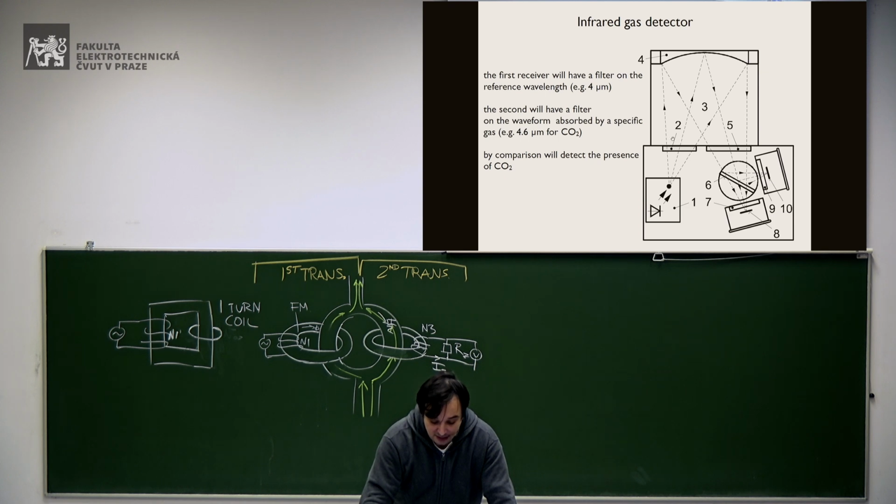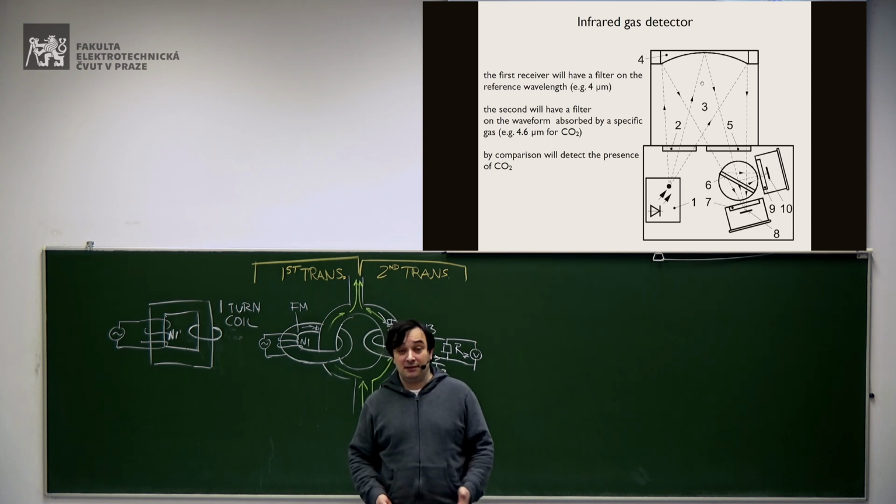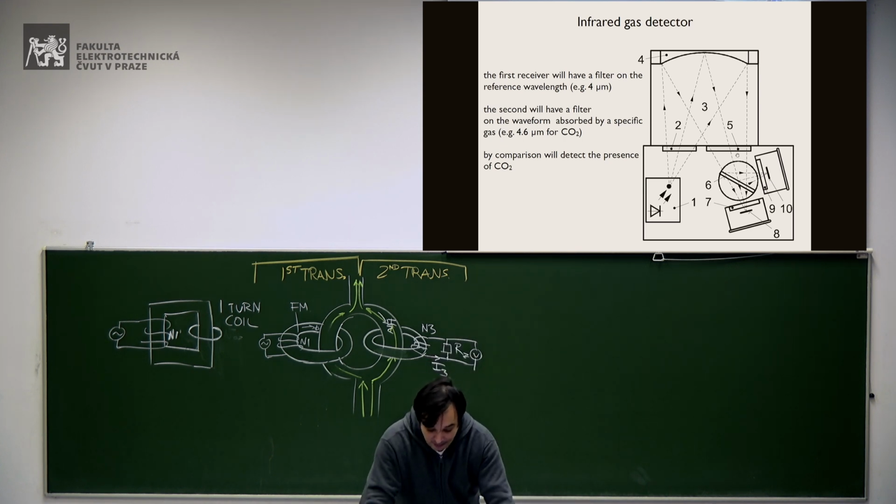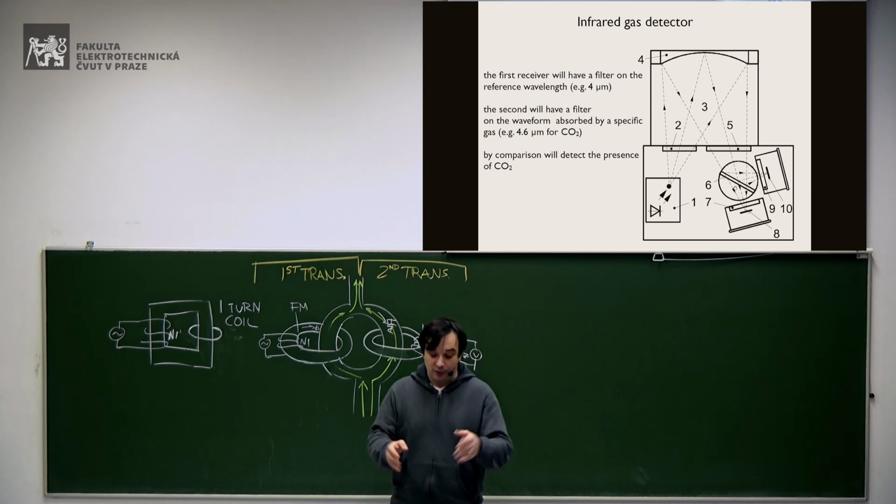So the different frequencies enter in this chamber. They will react with the gas inside this chamber, and then they will be reflected back to our sensing area, where I have a beam splitter. So the light arrives on this beam splitter, and one portion will go to one detector, and another portion will go to the second detector, okay?